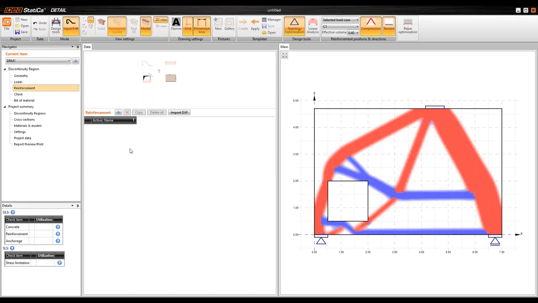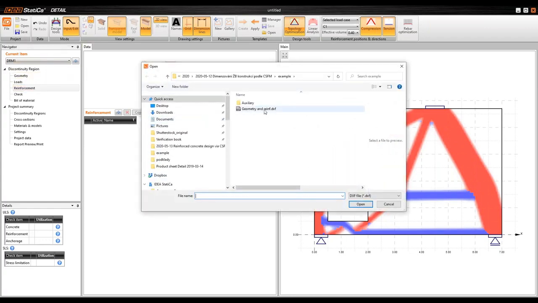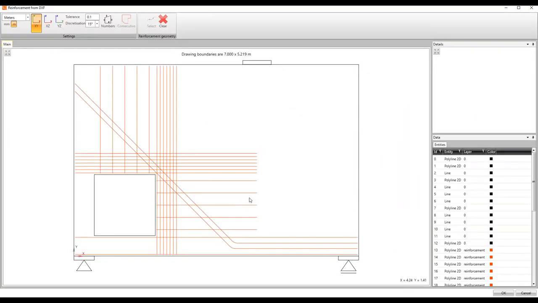Again, similarly as in geometry definition, I will use import from DXF, and also I will add the reinforcement in the software. So I recommend to use this functionality where the layout of the reinforcement or the shape of the reinforcement is more complicated. So I will import these two